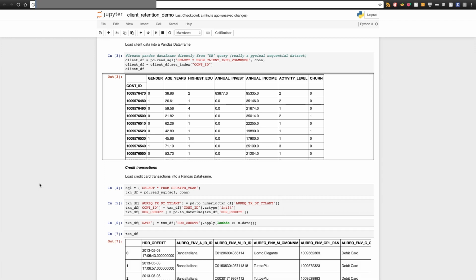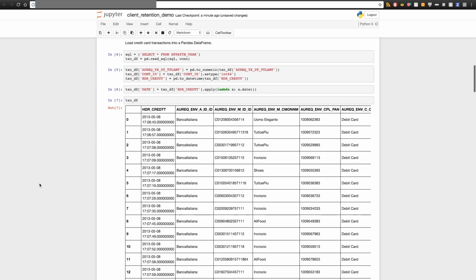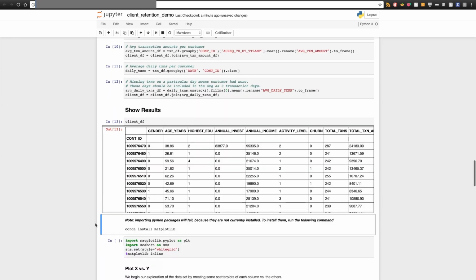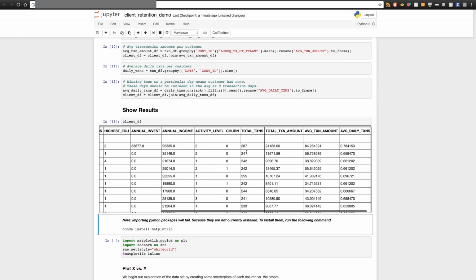Now that date has been created, it is time to calculate some aggregate statistics. We will be computing the total number of transactions per customer, the total amount of transactions per customer, the average transaction amount per customer, and the average daily transaction per customer. On some of the days, the customers didn't make credit card transactions, so they will end up with not a number errors. We will quickly remove those entries from this list. We will also join those stats back to the client table and take a quick peek at the newly added